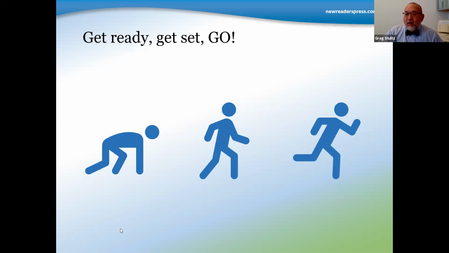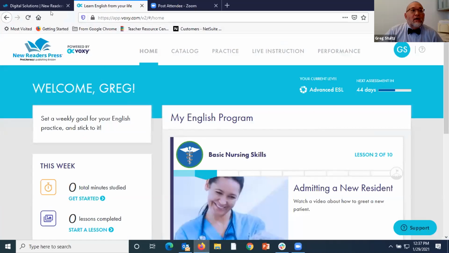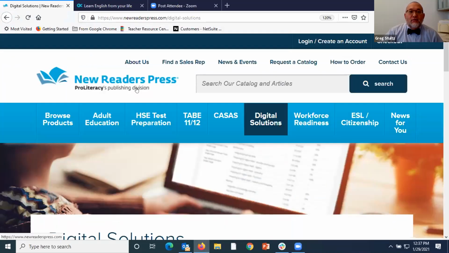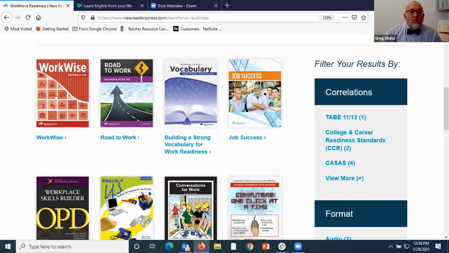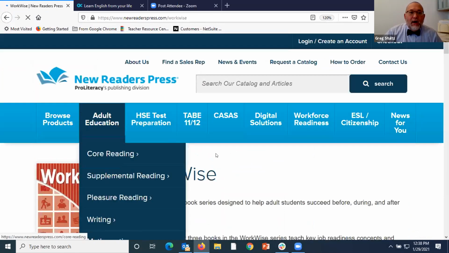And if you'd like more information on them, well, the next thing I'm going to do is steal the screen from my esteemed colleague and take you to our website here at New Readers Press, newreaderspress.com, and it's here if you click on Workforce Readiness, just to show you firsthand where to find these resources. And then scroll down, and WorkWise, goodness, it's the very first one on the list. I wonder why. Click on WorkWise,